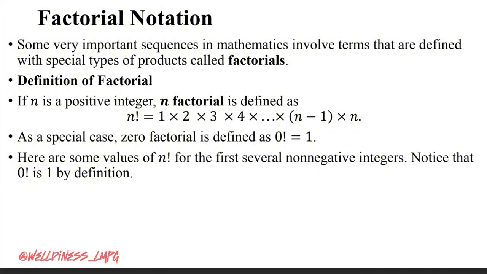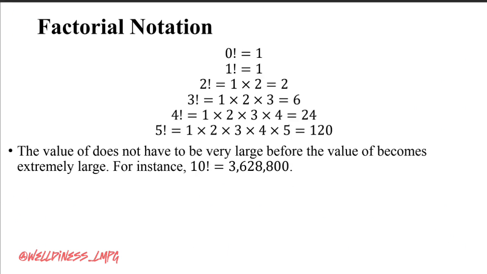Now, here are some values of n factorial for the first several non-negative integers. Notice that 0 factorial is 1 by definition. So as you can see, 1 factorial is equal to 1, 2 factorial is 1 times 2, which is equal to 2, 3 factorial is 1 times 2 times 3, which is equal to 6, 4 factorial is 1 times 2 times 3 times 4, which is equal to 24, and 5 factorial is 1 times 2 times 3 times 4 times 5, which is 120. The value of n does not have to be very large before the value of n factorial becomes extremely large. For instance, 10 factorial is equal to